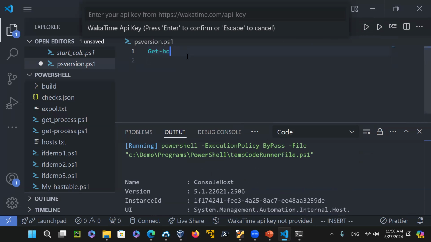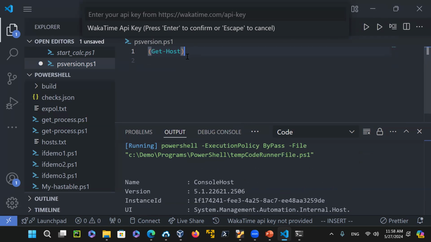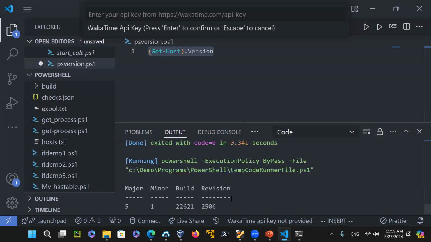So if I change this one to $, to run it as an object, Get-Host, and then .Version. That's good enough. And .Build or something, we could do that. So run it like this, and then highlight it, run it, and now you can see the version is showing in the output. If I want .Build, I should get this